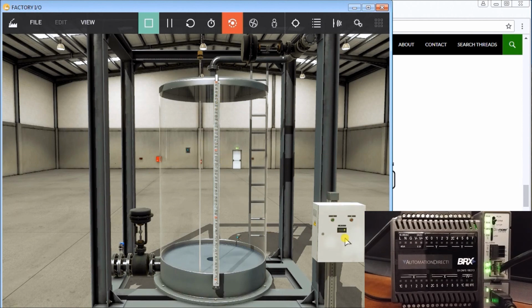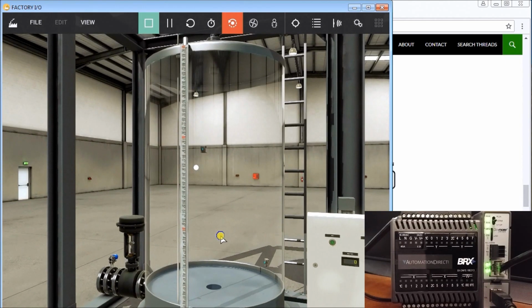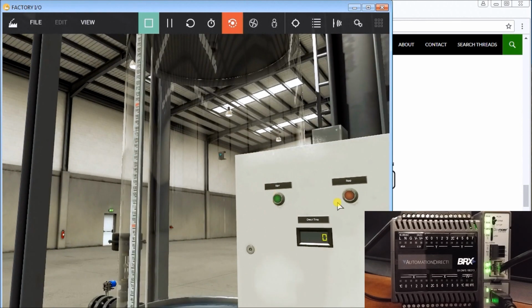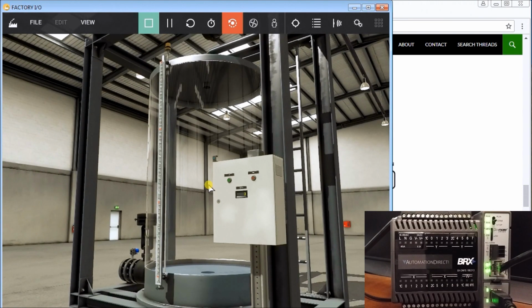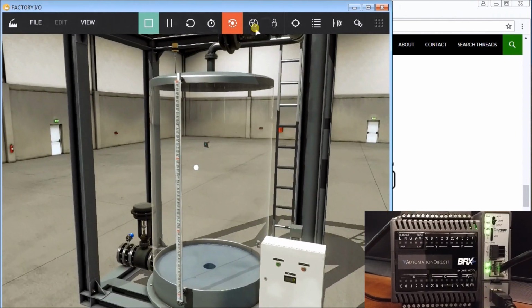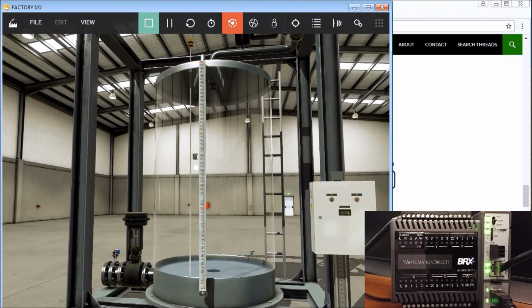If you see, we have our panel here, and I'll zoom in a little bit and rotate, and you can see I have my start, my stop, and I just called that dwell time. So that's our time for that mixer, which is going to be 30 seconds. Then if we look on the top, we actually have a fill valve that will fill up the tank. Down here we actually have an